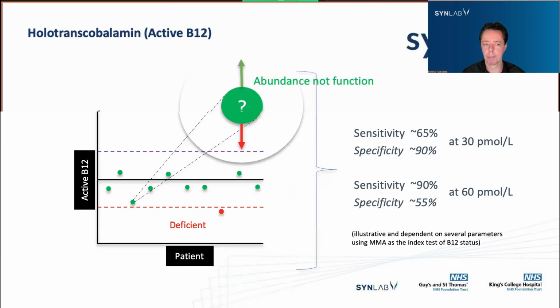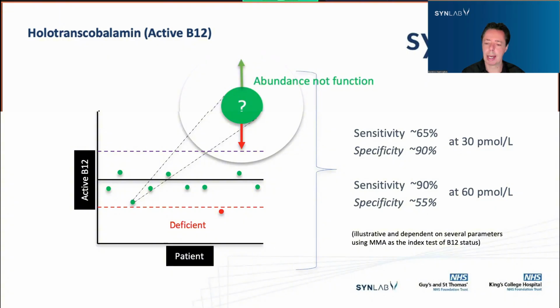So let's look at holotranscobalamin, active B12. So you're only measuring the form of B12 that can reach your cells. And direct comparison of serum B12 with active B12 tends to suggest that the active B12 test is moderately superior to the serum B12 test. But you still have that challenge in that if you want to have a high degree